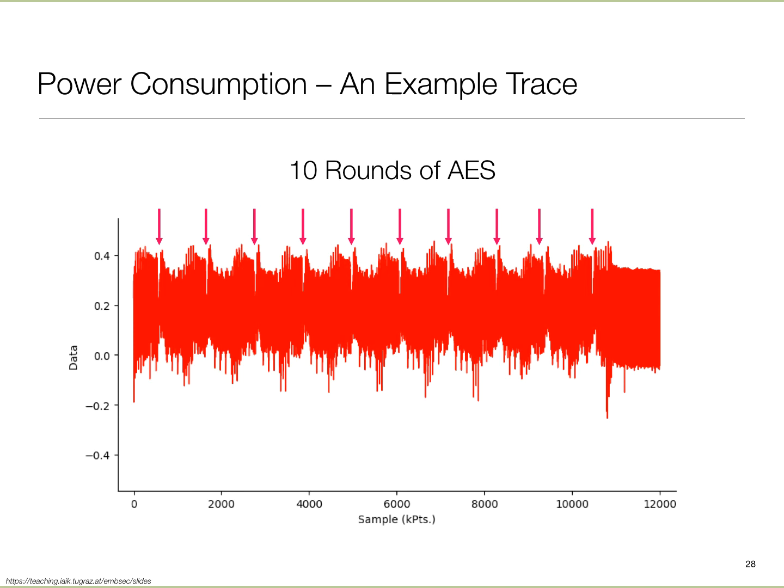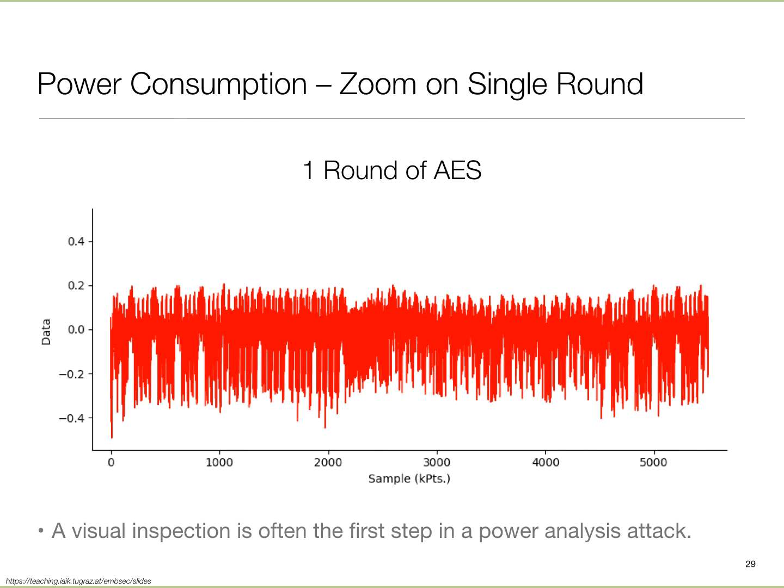you can begin to get a lot of information. I can zoom in. So in this case, this is now one round of AES, and within that round, you see firstly there seem to be a couple of distinct phases, and then here you see different things happening at different times. So remember, these algorithms internally operate on multiple rounds where they convert the bits and all. So we are seeing the effect of those things out there.